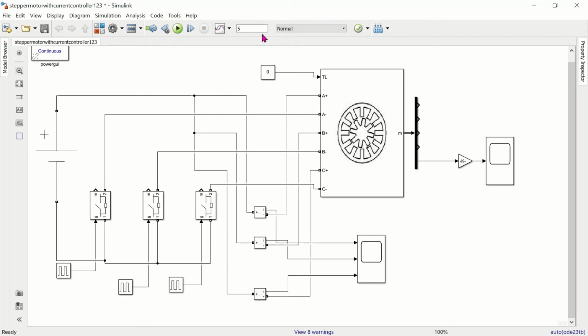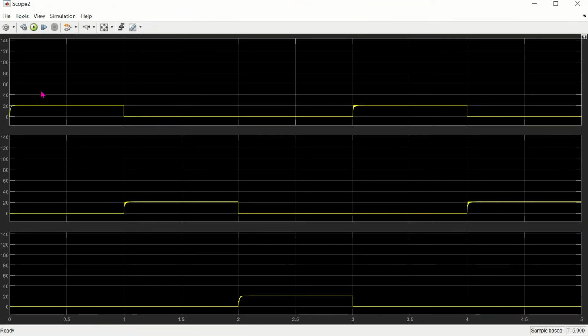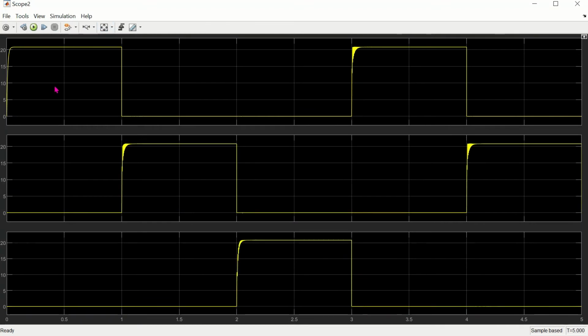Now we can run our simulation for 5 seconds duration, and we can check the output of each phase. The current taken by each phase is 20 ampere, 20, 20, 20. This current we have to limit.